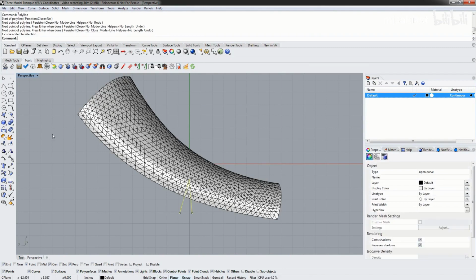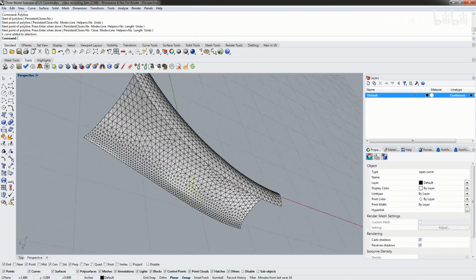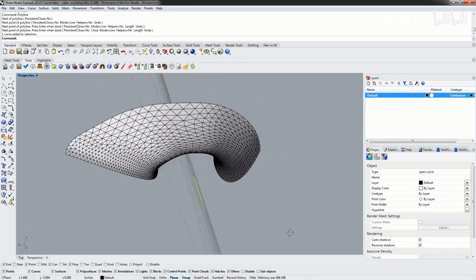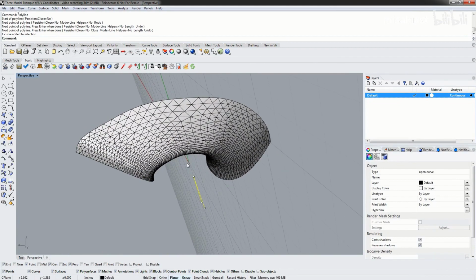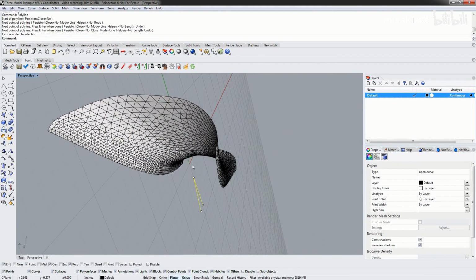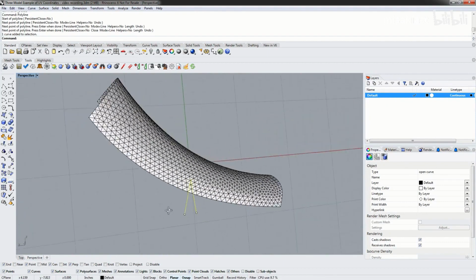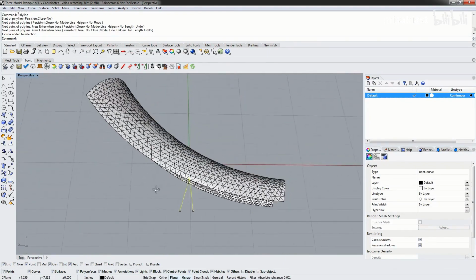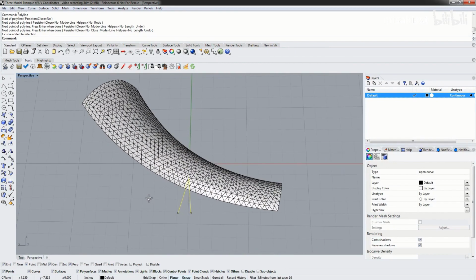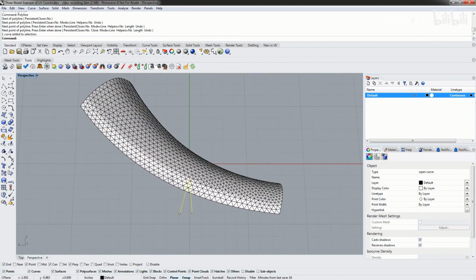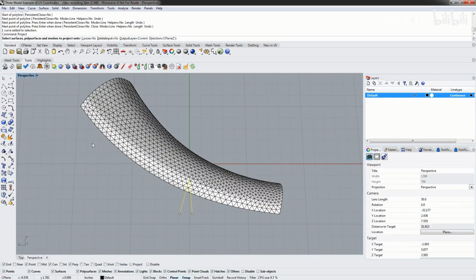So right now, this curve does not actually intersect the mesh at all. In fact, we can rotate our camera around and we can see that the curve doesn't even touch the mesh. However, it is on the construction plane, so any curves that are created are always directly on the construction plane, and that's why we created a new construction plane that's perfectly parallel to where we wanted the cut to be. So now we can use the Rhino project command, and we can project this curve